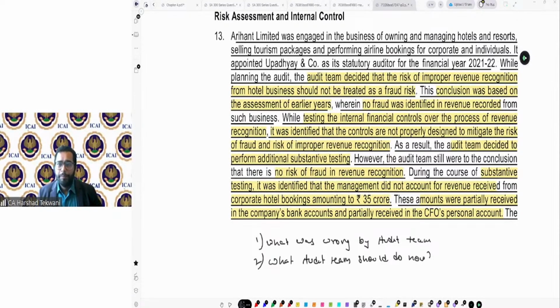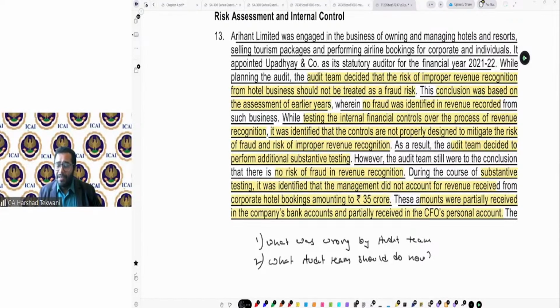Come on, guys. Take some time, but write the answer for these two questions, and we will discuss the answer that is given. This is a question from the RTP. Okay, this is an RTP question which is available. Wait, just a minute. So this is the November 22 RTP. You can refer to question number 13 in the November 22 RTP.